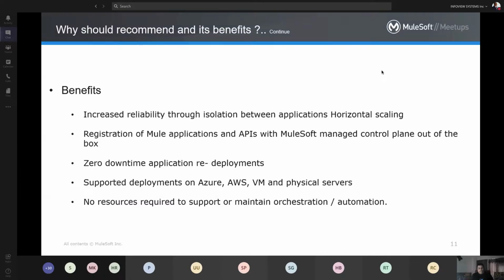The benefits, as seen in the earlier comparison of deployments, are increased reliability through isolation between applications and horizontal scaling.